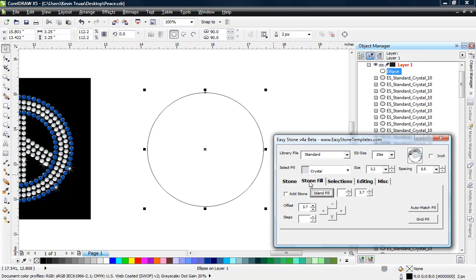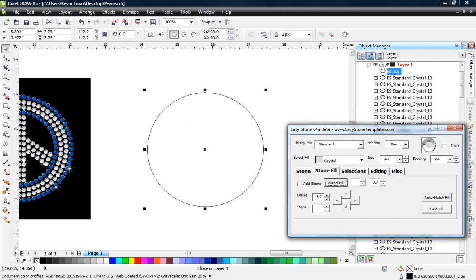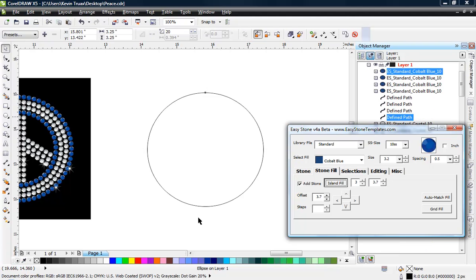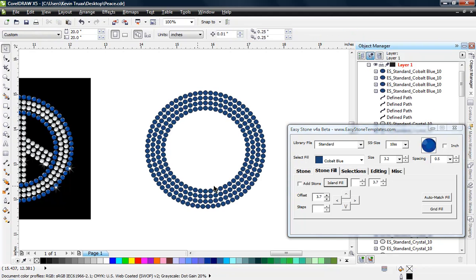So I'm going to come over here to my stone fill tab, and here we can choose what kind of stone we want. So we'll do cobalt blue. And we can choose the size of our stone and the spacing between stones. Then on the stone fill tab, I'm going to choose the add stone function here in island fill, and I'm going to choose 3 steps. And when I click island fill, boom, just that quickly we get those 3 steps,